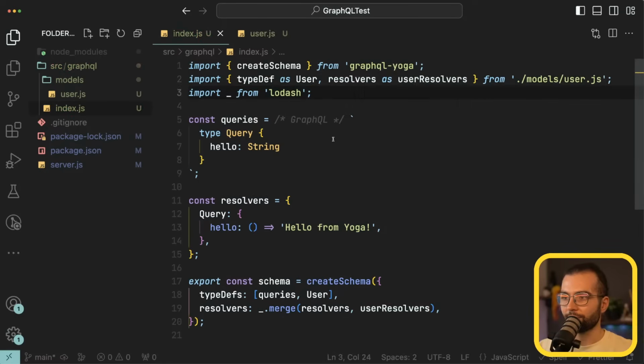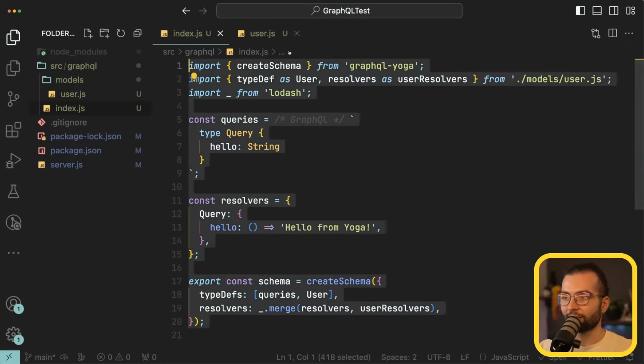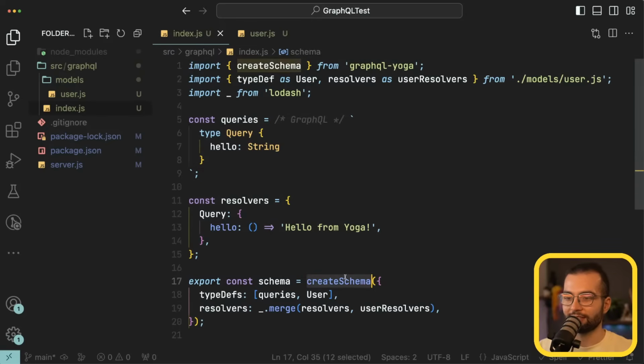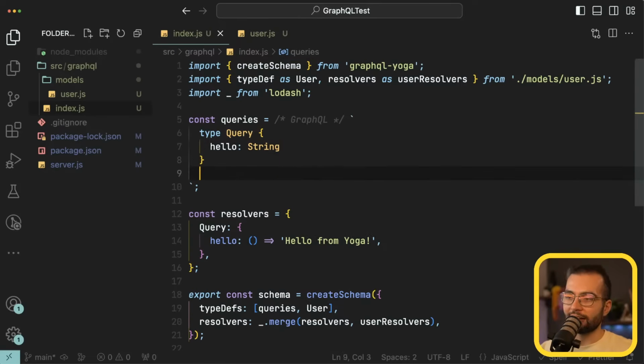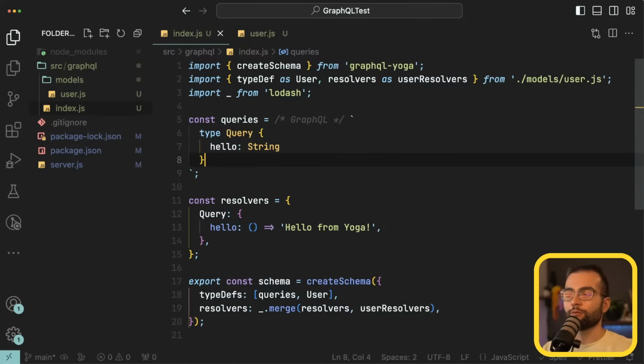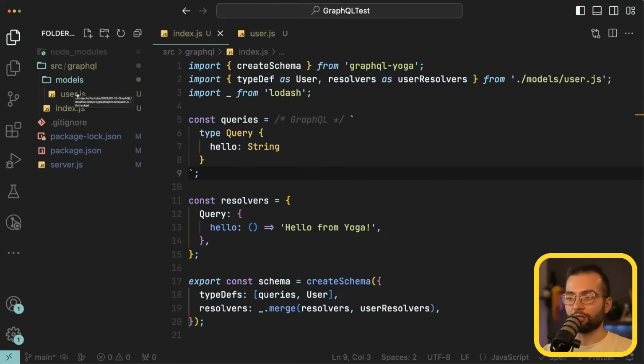And just like that, we have a very general file for our schema that is supposed to simply put together our schema. We can have here, for example, very general types like type, genre of movie and so on, or union, or things that need to be in every place of our API. But when talking about specifics, for example, the type definition and the resolvers of our user, we're gonna simply